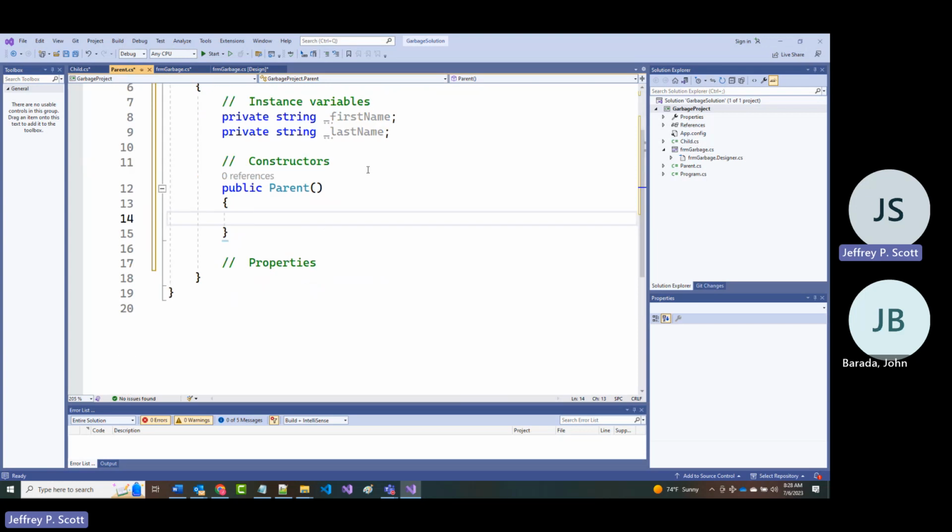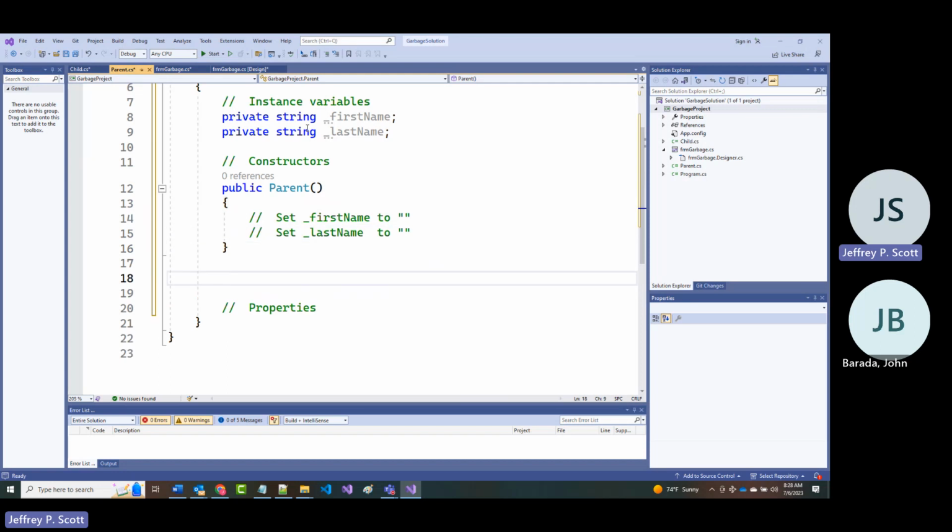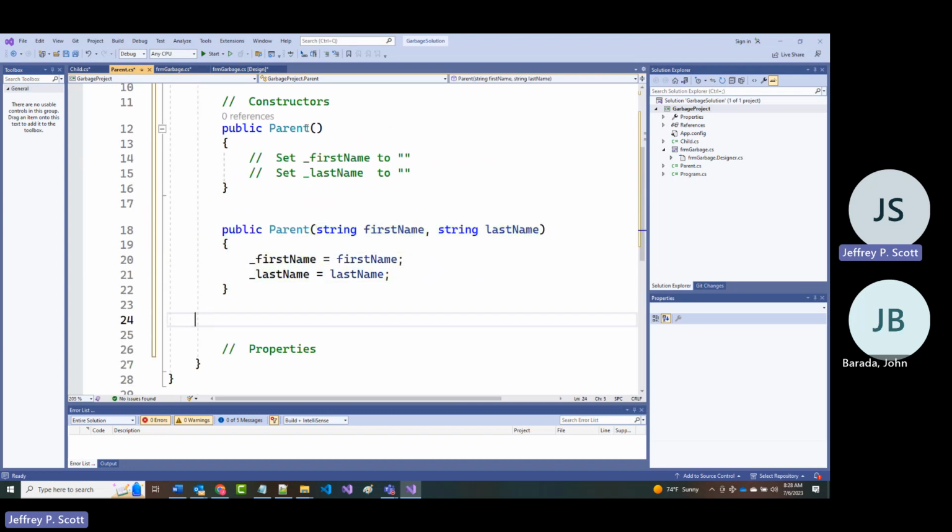What this will do is set underscore first name to the empty string, and it will also set underscore last name to the empty string. We can also have a full arg constructor where we say public parent, and we say string first name, last name, like that. This is nothing new.